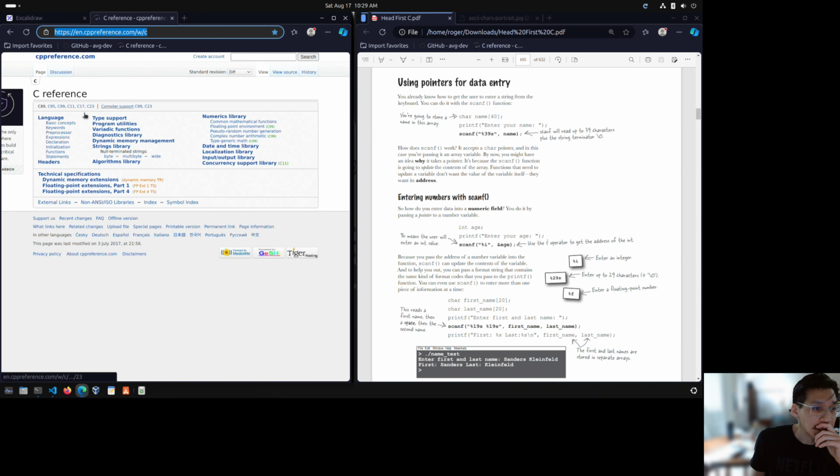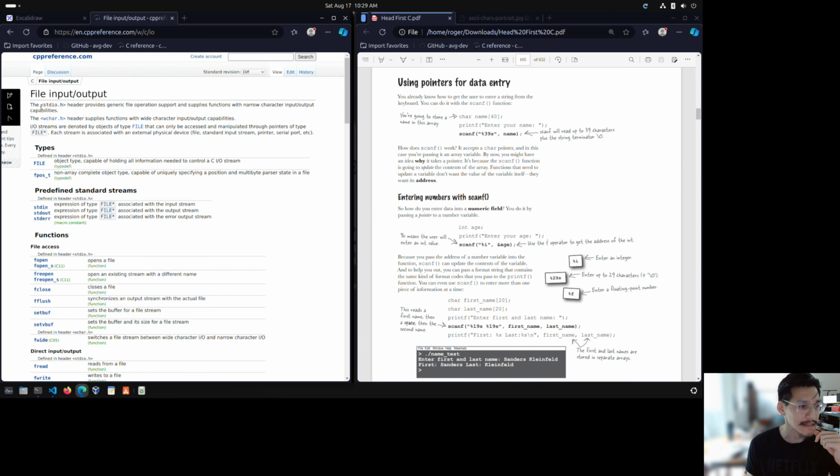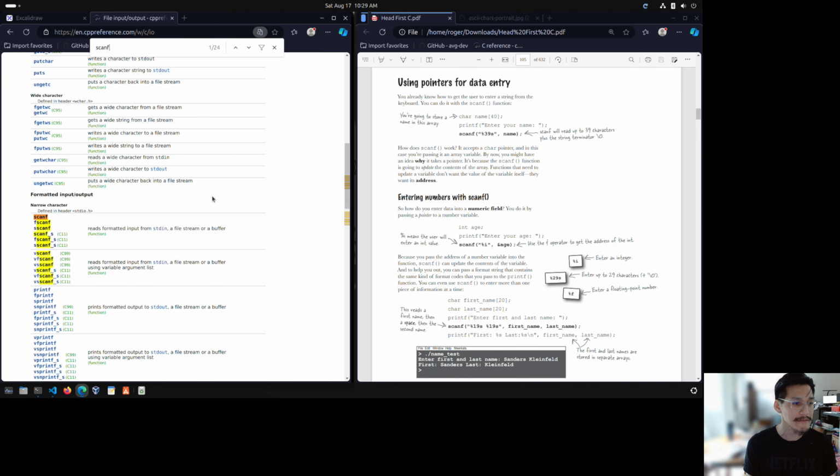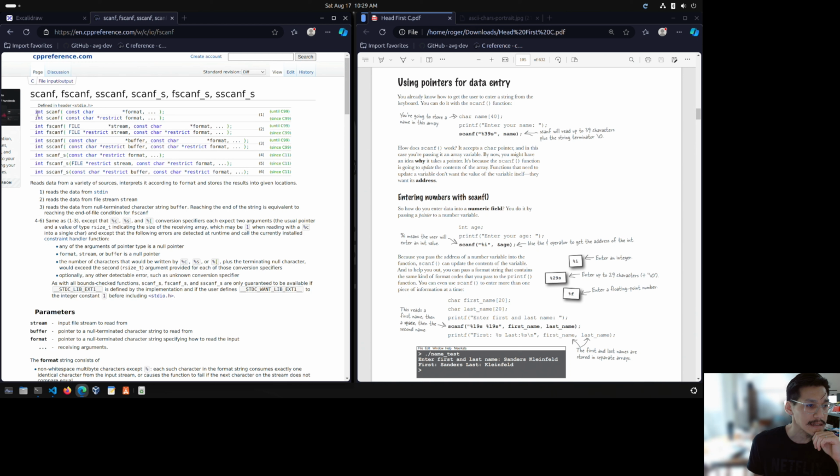Anyway, so this is a website that is pretty much all reference to the API. So basically, all the functions we can call from the standard library of C. So I'm guessing we want to look at input output, and when we're here, this is basically all the things in stdio. So if we were to, let's say, control F, find scanf, we'll be brought to here. So let's go into here, and you'll see that there's a bunch of definitions here. And we're looking at scanf here. So notice how it takes in, let's see,